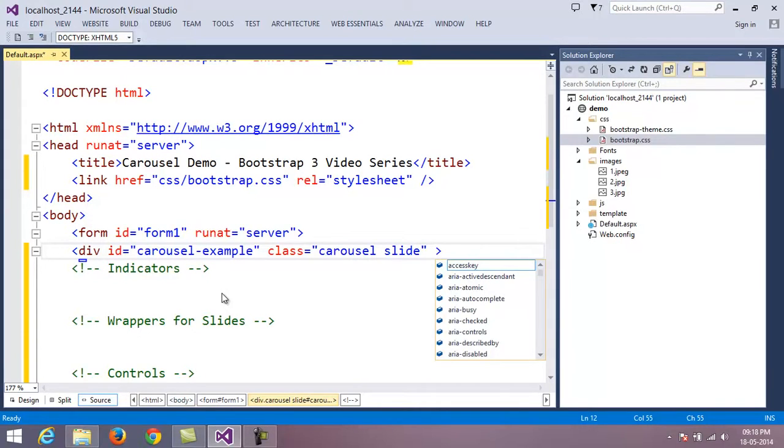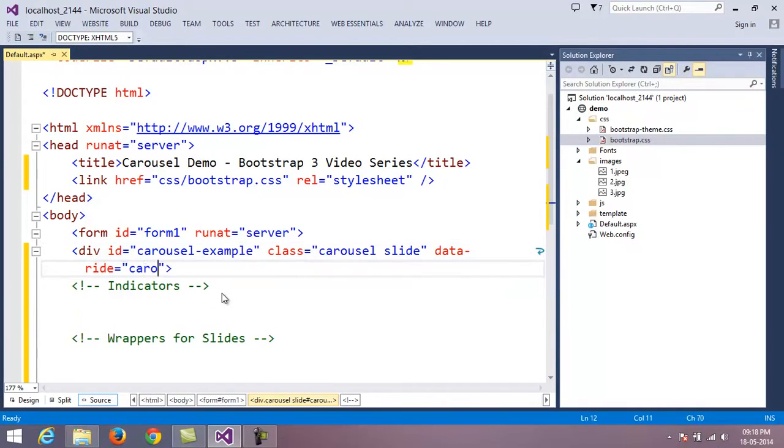Then I use data-ride equal to carousel. data-ride is an attribute which is used to mark a carousel as animating starting at the page load. So when the page is loaded, if we want to start with the animation, then we take the support of this data-ride equal to carousel.